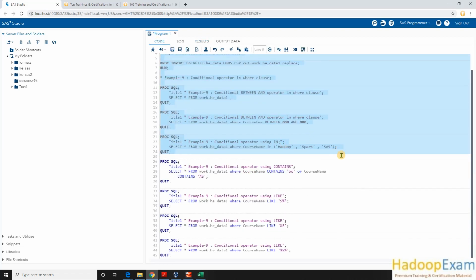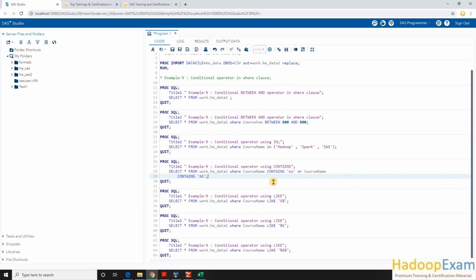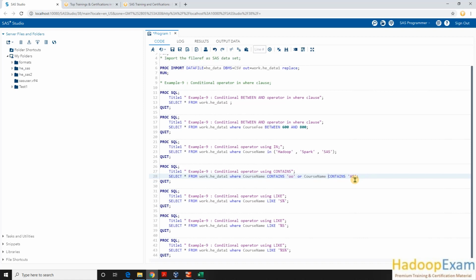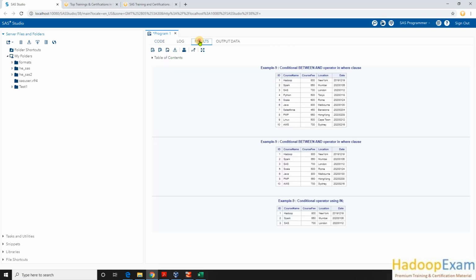So with this, contains means like a substring. If you want to select any record which has some substring, okay, over here. So like, where does this exist in my result? Here you can see this Hadoop has OO in it.